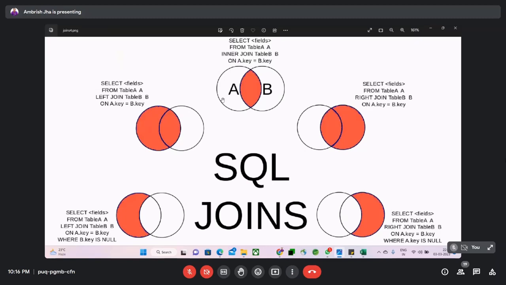how we can get the common data, which is part of both tables, meaning find all the records which are in A and also in B. So this is called inner join. Inner join means only the common records will be fetched out, or we want to see common records in both tables. Then we will use this